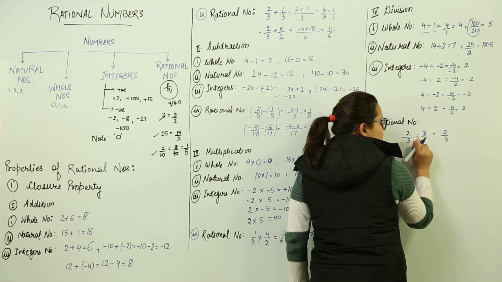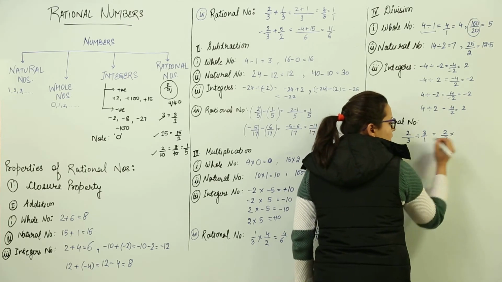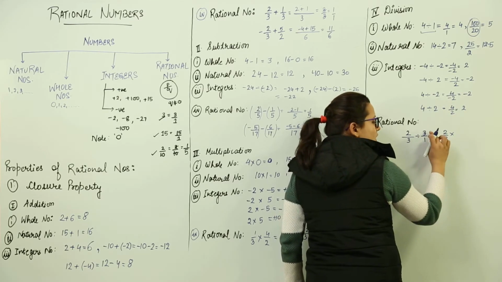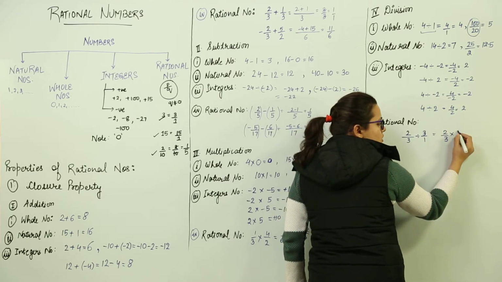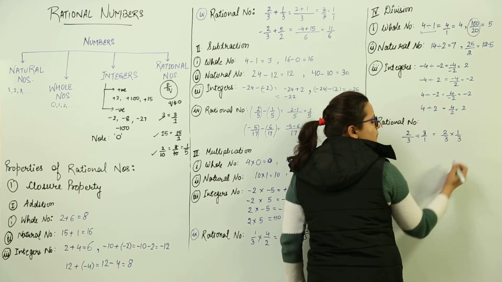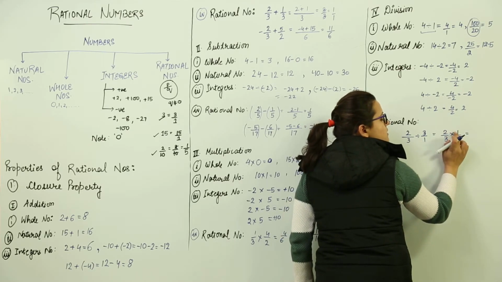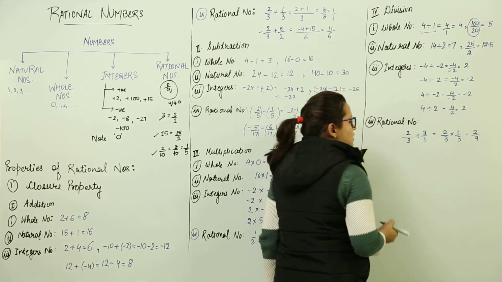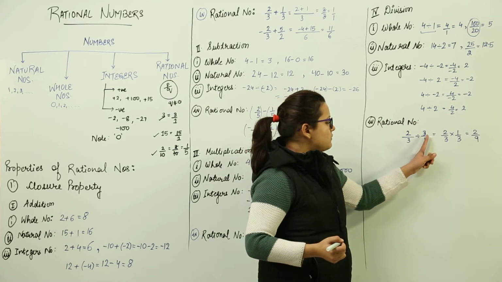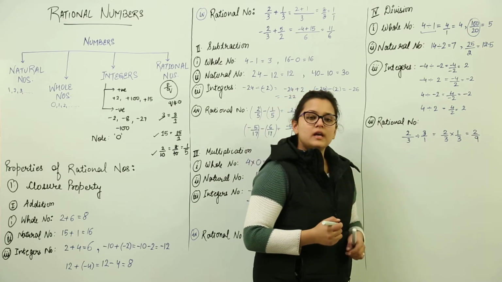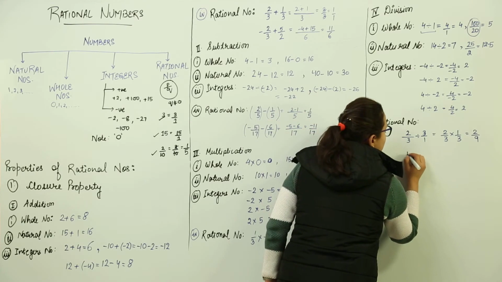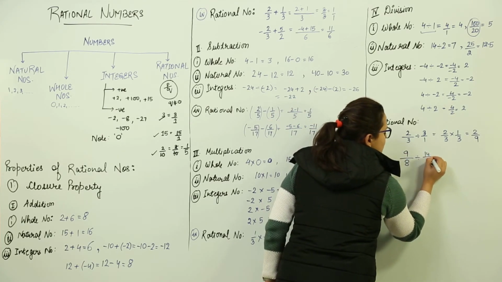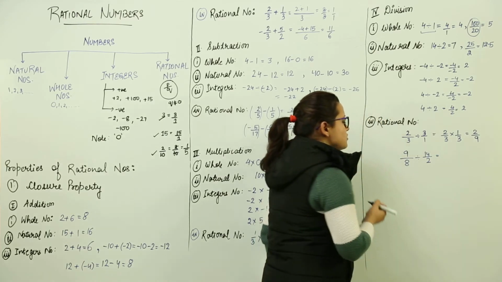We convert the division sign into a multiplication sign and the next value, whatever it is, gets reciprocated. So this will become 1 over 3. Now what is my answer? Numerator into numerator and denominator into denominator. So when 2 by 3 is divided by 3 by 1, you get 2 by 9. Let us take another example. If you take 9 over 8 and divide it by 14 over 2, what should your answer be?